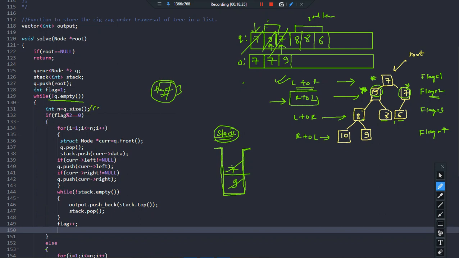What is it? Yeah, n equal to 3, because you have 3 elements in the queue right now. Is it even or odd? So basically flag is even or odd. Flag is basically 3, it indicates I am in the third level, so an odd numbered level. So I will not execute this part right now. Where will you go? You will basically go to the